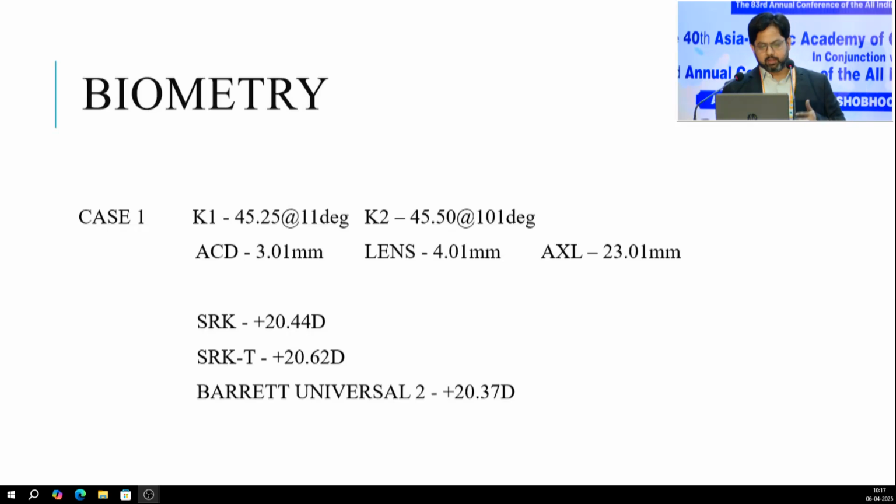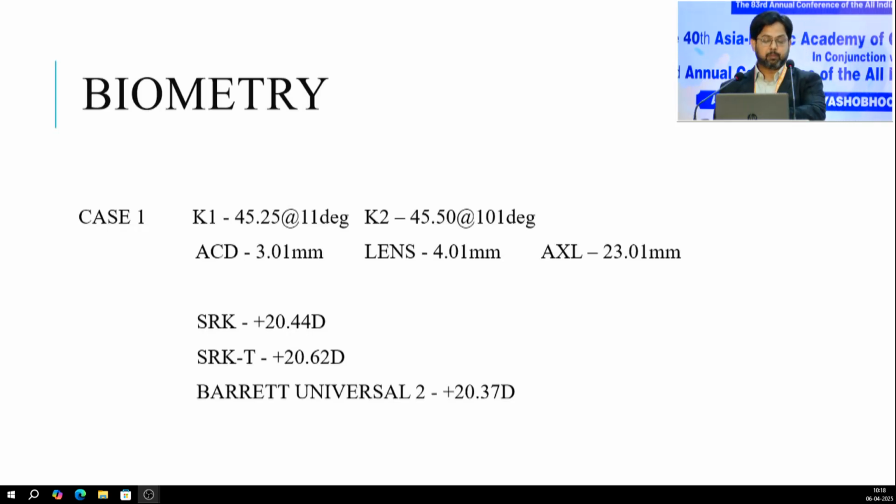Case 1. You can see the K values are in the normal range. The AC depth is in the normal range. The lens thickness is in the normal range. The axial length is in the normal range. Nothing unusual. For calculation purposes, I have taken the A constant to be 118.8. SRK formula gives, for emmetropia, around 20.44. SRK/T will give 20.62. And Barrett Universal 2, which is a 4th generation formula, quite well accepted now, will give around plus 20.37. So for this particular patient, aiming at emmetropia, I would probably put a plus 20.5 IOL,